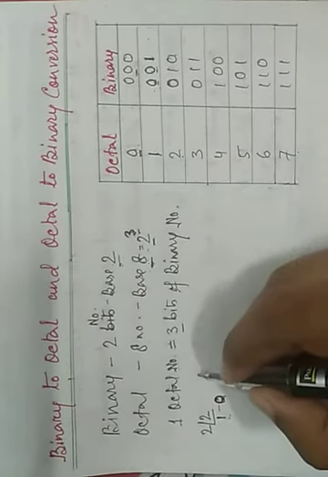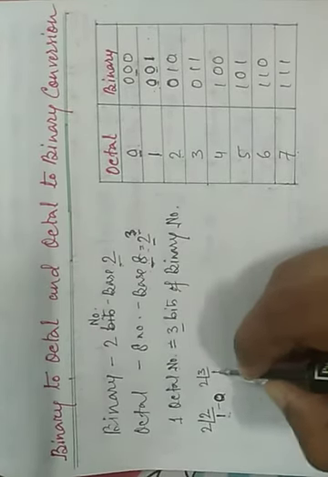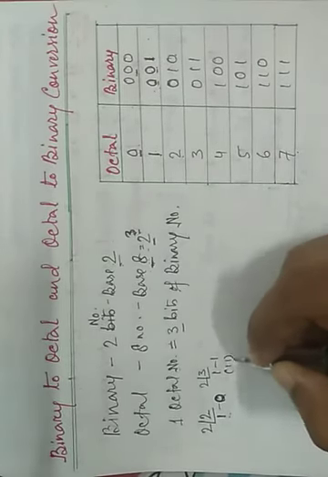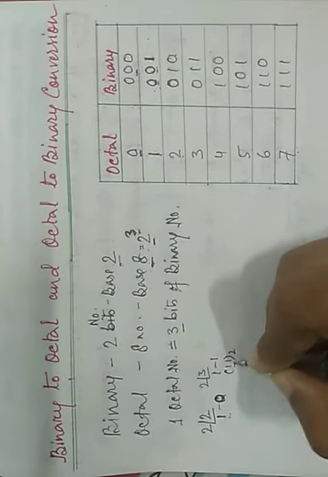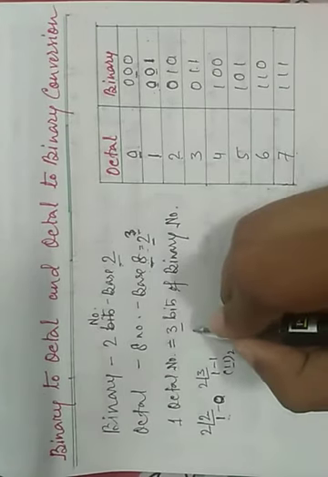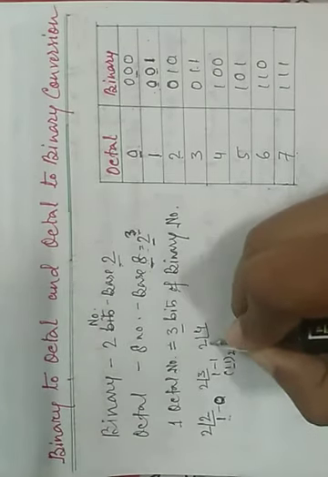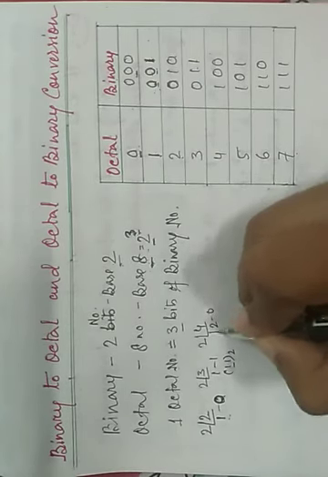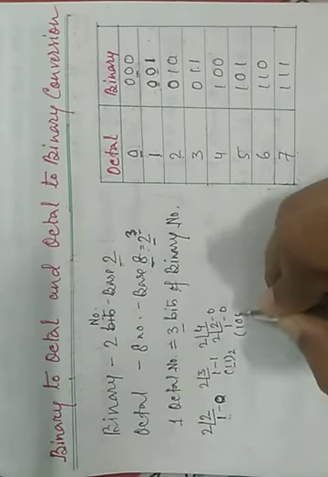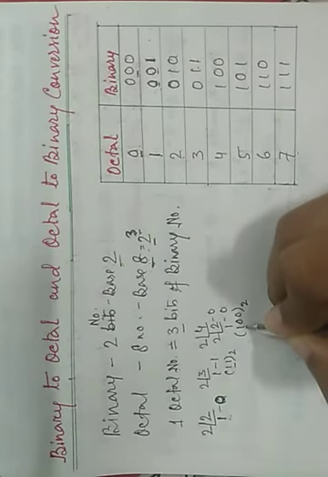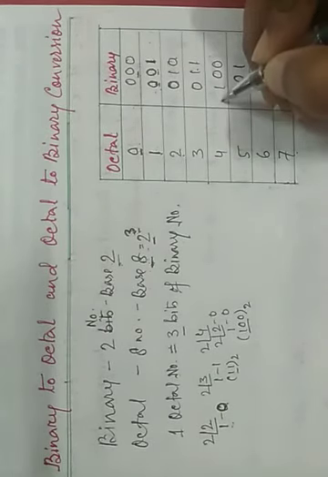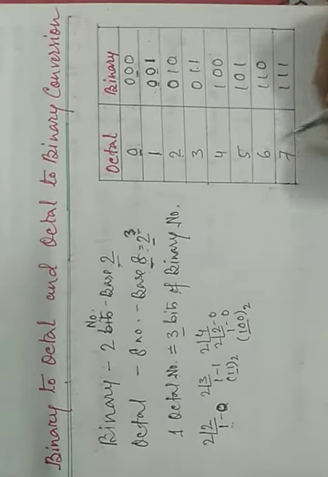For 3, if we divide it by 2, we get 1 1. That means for 3, binary is 1 1, but as it is 2 digits, we have to write it in 3 digits, that is 0 1 1. Okay. For 4, 2 twos are 4, 0, 2 ones are 2, 0, so its value is 1 0 0. It already is 3 bits, so we can write it directly in 3 bits. We don't need to add any 0 here. Like this way 5, 6, 7.